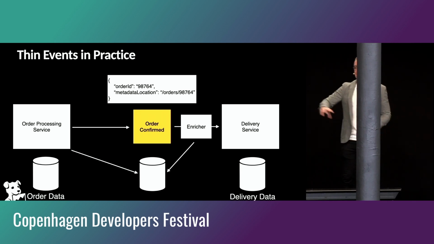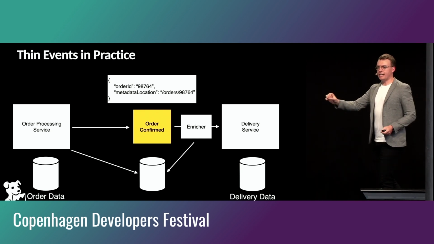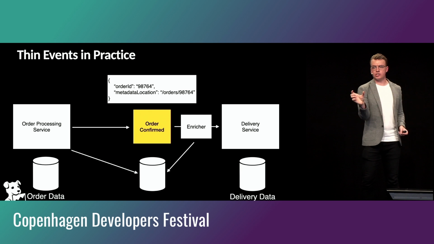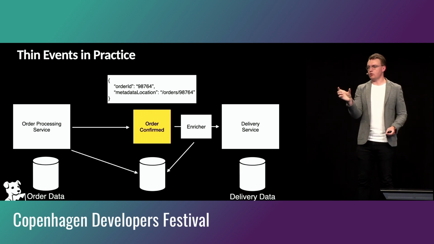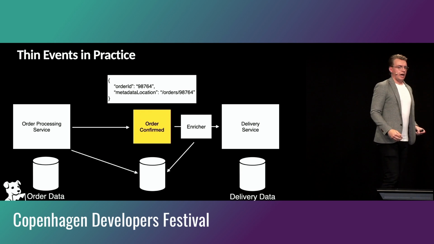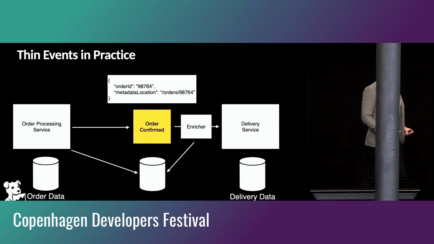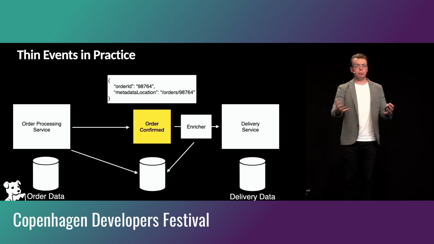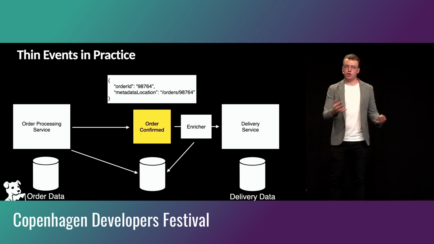That might be something like an S3 bucket. But you store that data somewhere else. And then you include in the event that you publish the location of that data. So here we've got /metadata/ an order number. And then when you consume that event as a consumer, you can use an enricher to actually reach out to that metadata location, pull down that additional data, and then you've got this thicker event, but you're not actually passing